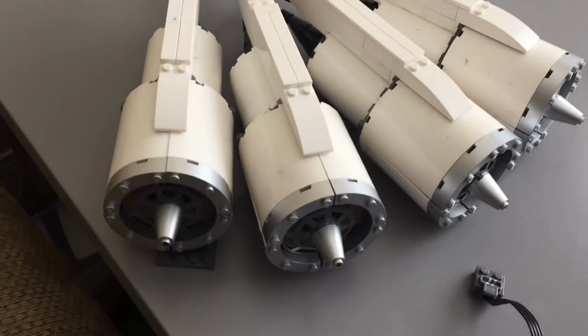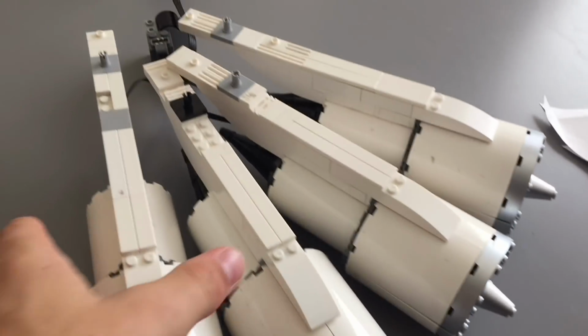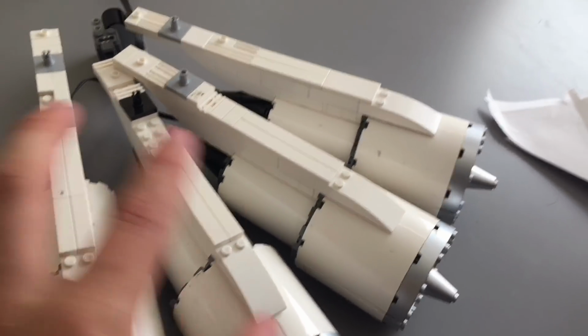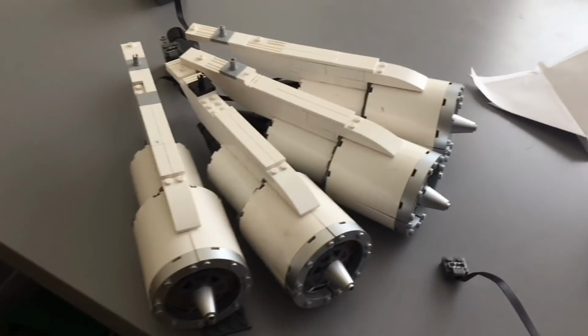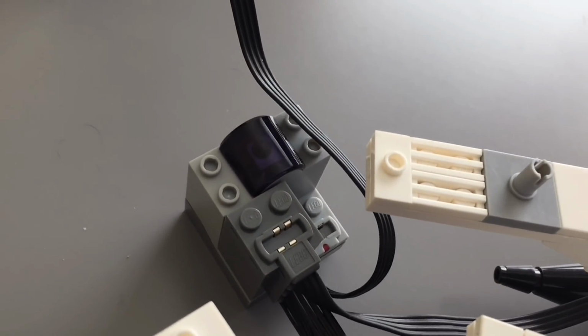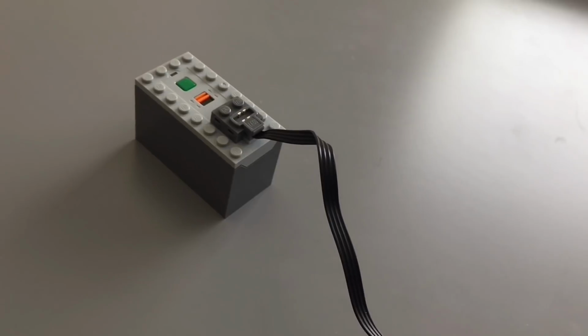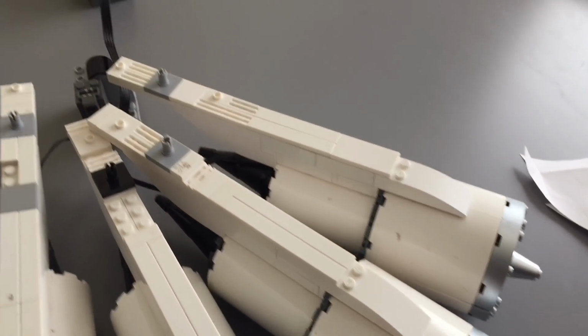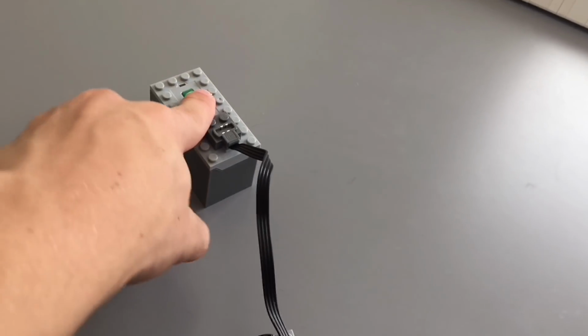So first of all, I wanted to show you that I have finally, from our last video, hooked up all four of the engines with Power Functions motors. I plugged them all into one receiver back there, as you can see, which is plugged into one singular battery box. What's really cool is that you can control them all from one remote. So I'm going to turn on our battery pack like that,